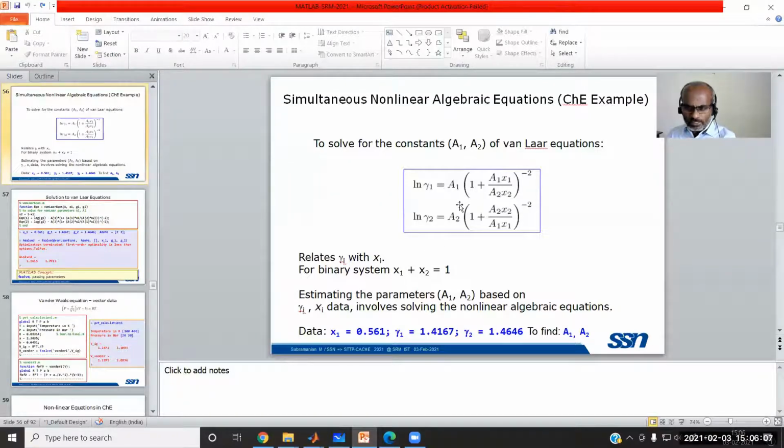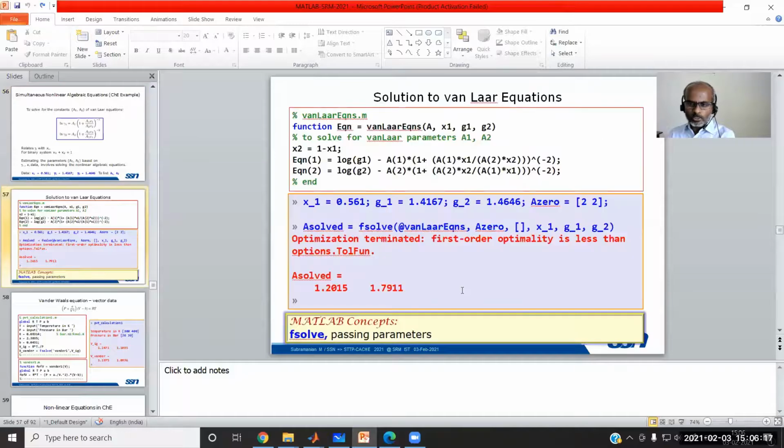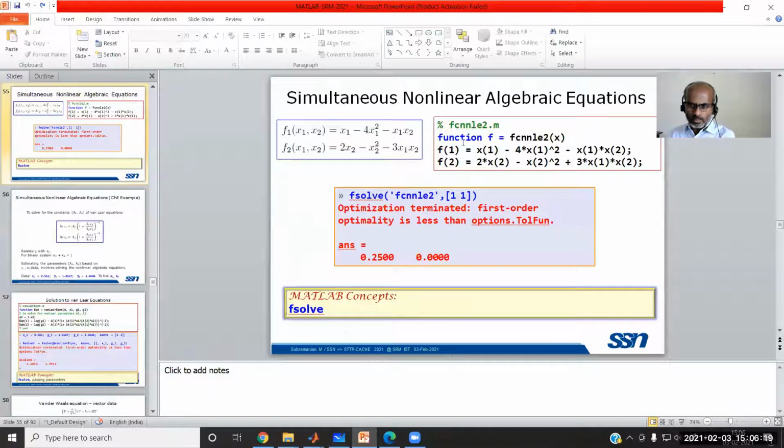Of course, you cannot easily solve for Ai because it is coming in nonlinear terms. ln is available and gamma x squared is available, so this is quite involved. You can solve this using the nonlinear solver, which is fsolve.